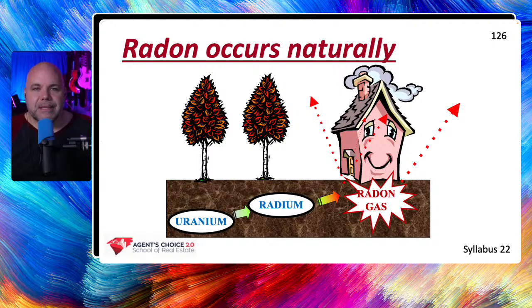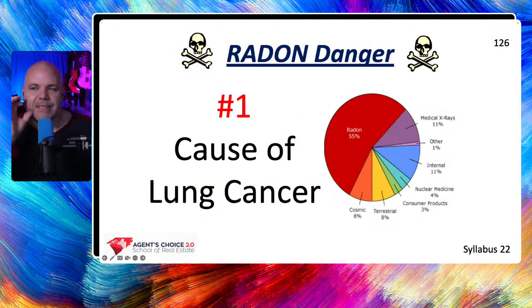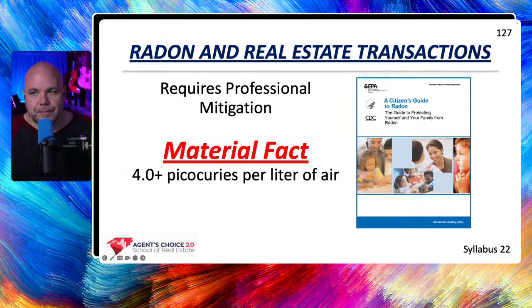So when is the testing happening? Was it after a rain and therefore the levels are going to be higher? There's a magic number that we're looking for when they're testing for radon. Yep, the number one cause of lung cancer is radon. Gosh, consumer products is 3%, radon is 55%. So cigarettes is like the green part in this graph. Crazy. The magic number for our state, and maybe for the whole U.S., but definitely for North Carolina, is 4